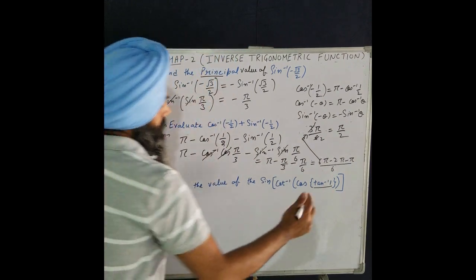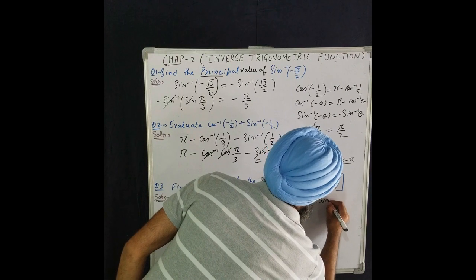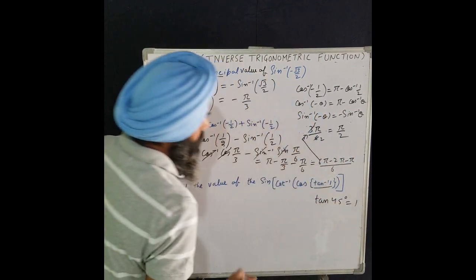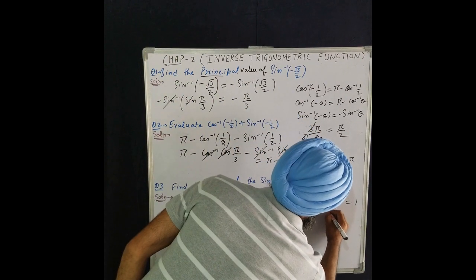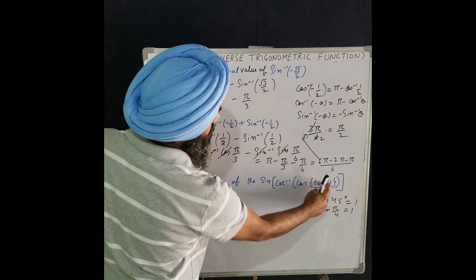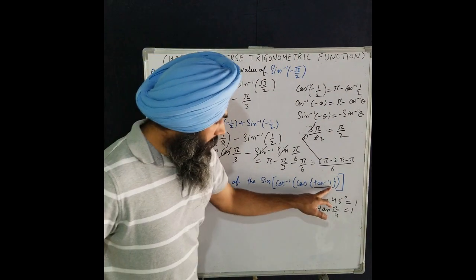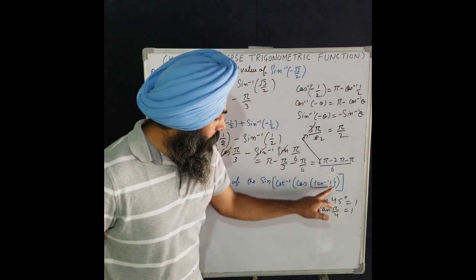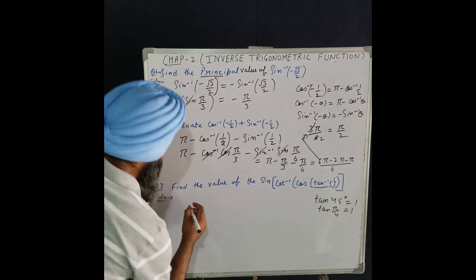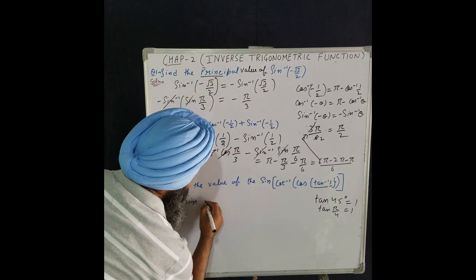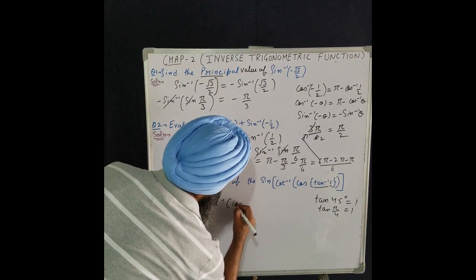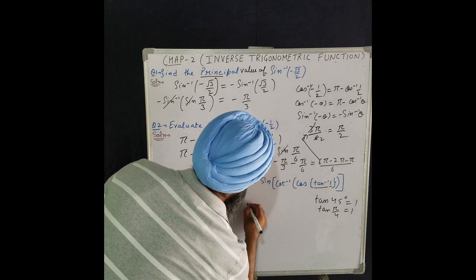You know, in your previous class you learned that tan 45 degree equal to 1. You may also write it as tan pi by 4 equal to 1. So you have to substitute the value of 1. Instead of 1 you will write tan pi by 4. So the value comes out to be sin cot inverse cos tan inverse